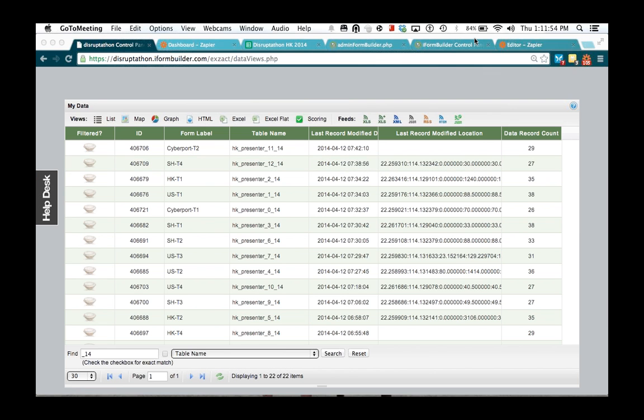All right, so everyone at home should be seeing my screen now, and I'm going to show you a familiar interface, the iFormBuilder side first. This is kind of where it all begins, if you will. And what I'm showing here is Disruptathon, and just to give you some background information, Disruptathon is